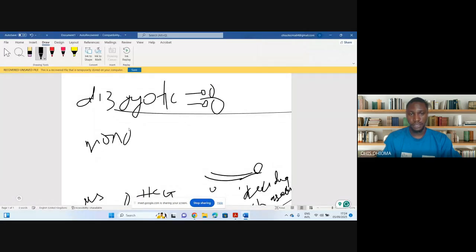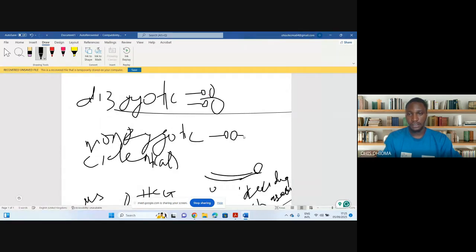Monozygotic means, by the way, the monozygotic twins are identical. That's what I want you guys to know. In like 95% of people, it's identical. So what you have here is one sperm fertilizes one egg,